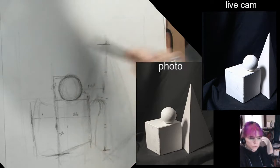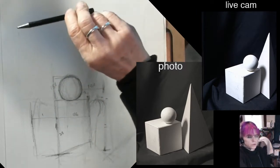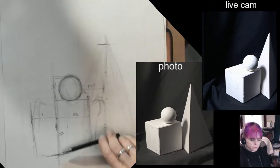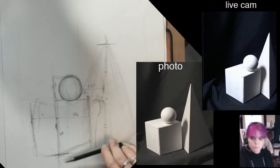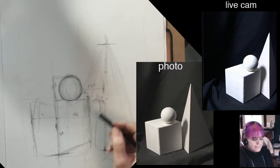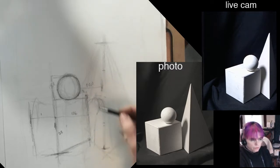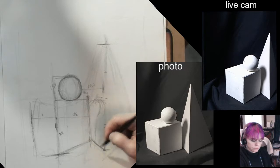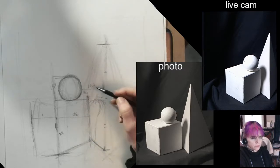And then you can measure the angle by holding your pencil up against the angle of the object and carefully dragging your pencil down to your paper and see if it matches up. Okay, here. And this comes slightly above where that is. And depending on which eye I look out of,